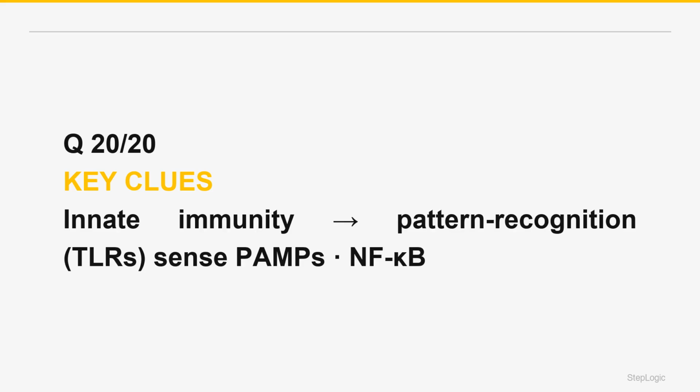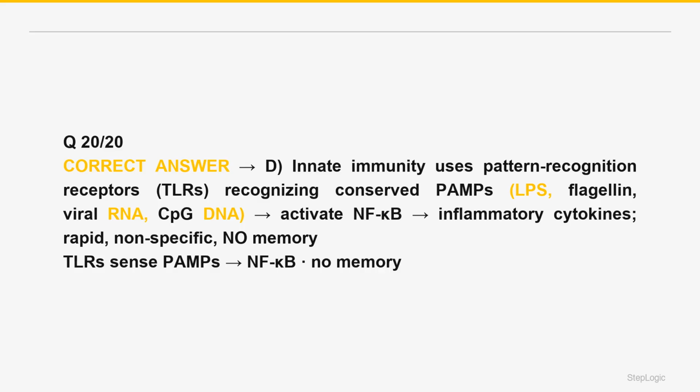The innate immune system provides the immediate first-line defense, and it recognizes pathogens differently from the adaptive system. Instead of highly specific receptors for individual antigens, innate cells, macrophages, dendritic cells, etc., use germline-encoded pattern recognition receptors, most notably the toll-like receptors, TLRs, that recognize broadly conserved microbial molecules called PAMPs. The correct answer is D. Examples of PAMPs and their sensors: LPS, lipopolysaccharide, the endotoxin of Gram-negative bacteria, is recognized by TLR4, flagellin by TLR5,